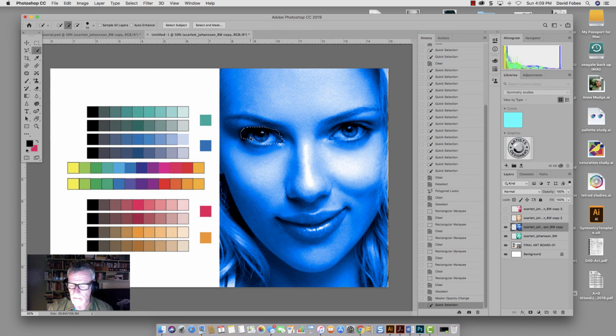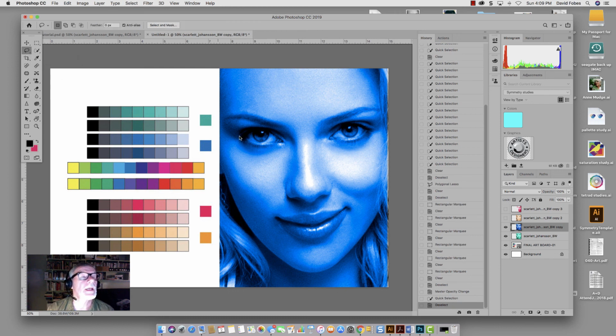I could do it like that, or I could go to the lasso tool and I could just kind of cut it out like this. This is more like drawing. The other thing I could do